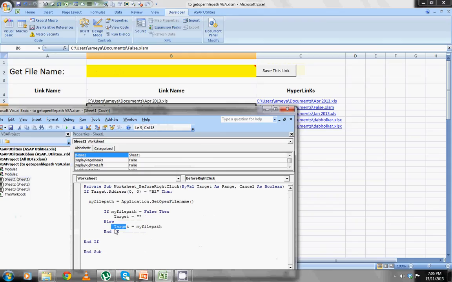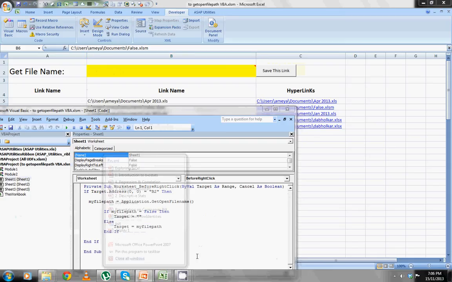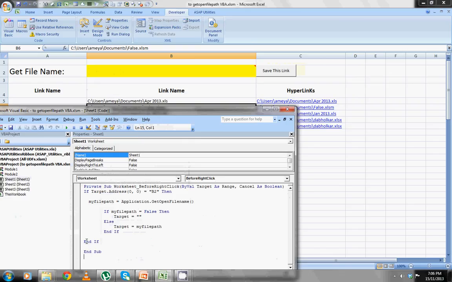This is a small piece of code written here. There are two if statements here and here, so that's why we need two End Ifs. This is basically a stop marker.